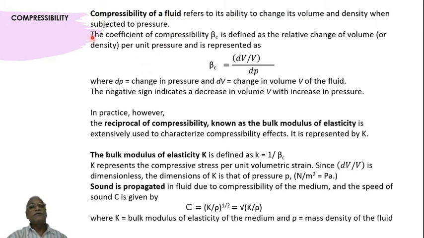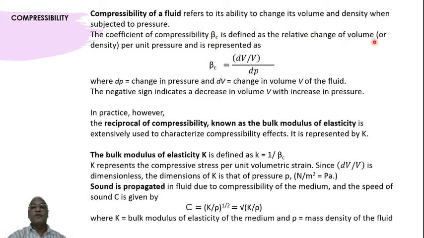There is a term which is defined as coefficient of compressibility. Compressibility of a fluid is a property. What is that property? It undergoes volume change under a pressure. Now, how much it undergoes, what is that exact value if you want to know? Then we define the term coefficient of compressibility, beta with a suffix c, is defined as the relative change of